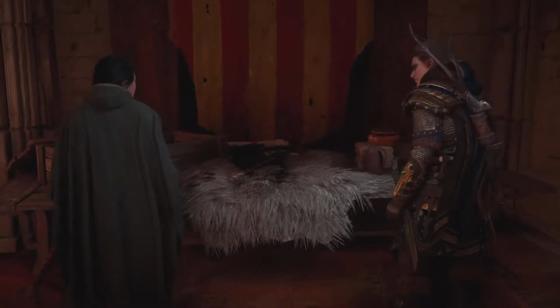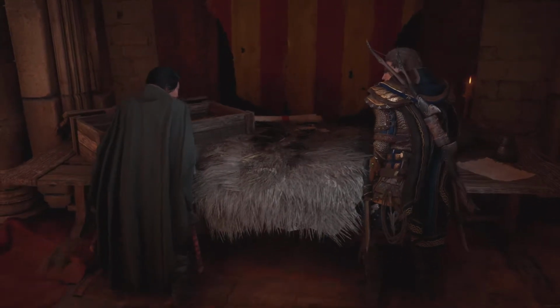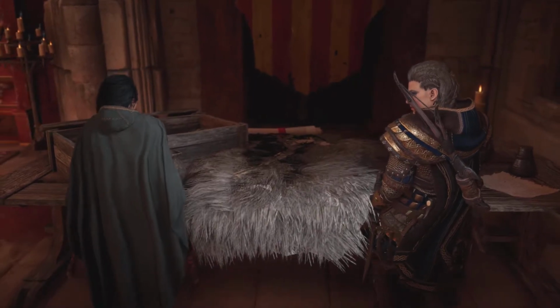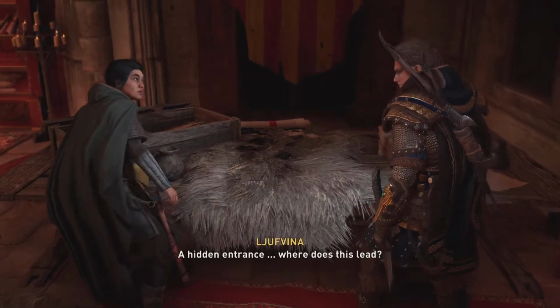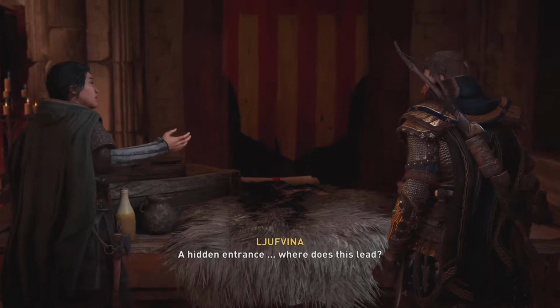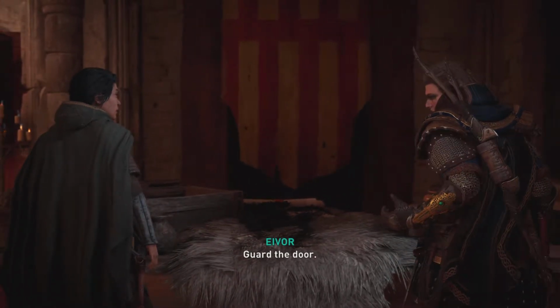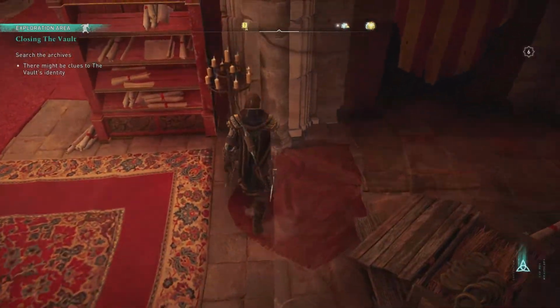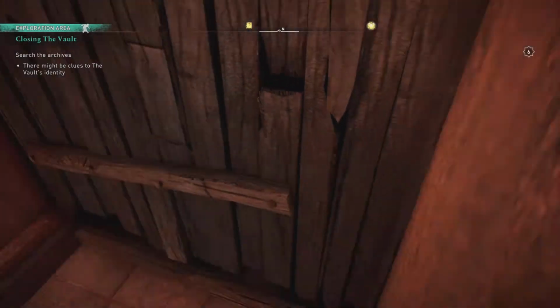Alright, this is not a good sign. It actually could be Eivor that is the Vault. Where does this lead? Got the door. He is our #1 suspect so far. I mean, when it comes to this, I mean...